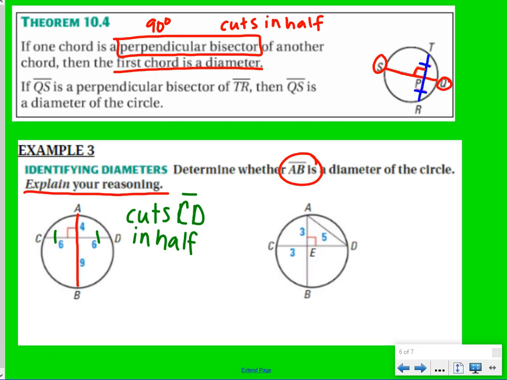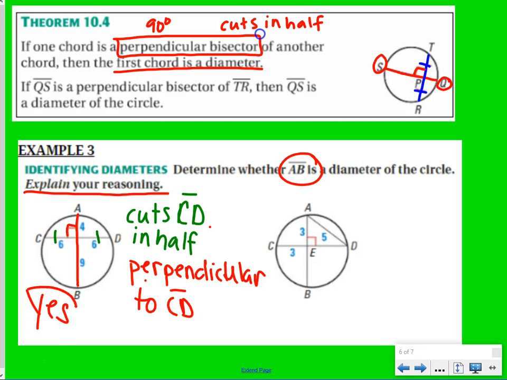Are the two chords perpendicular? Yes, they form a right angle. So we can say perpendicular to CD. So since it is perpendicular and it bisects it, we can say yes, AB